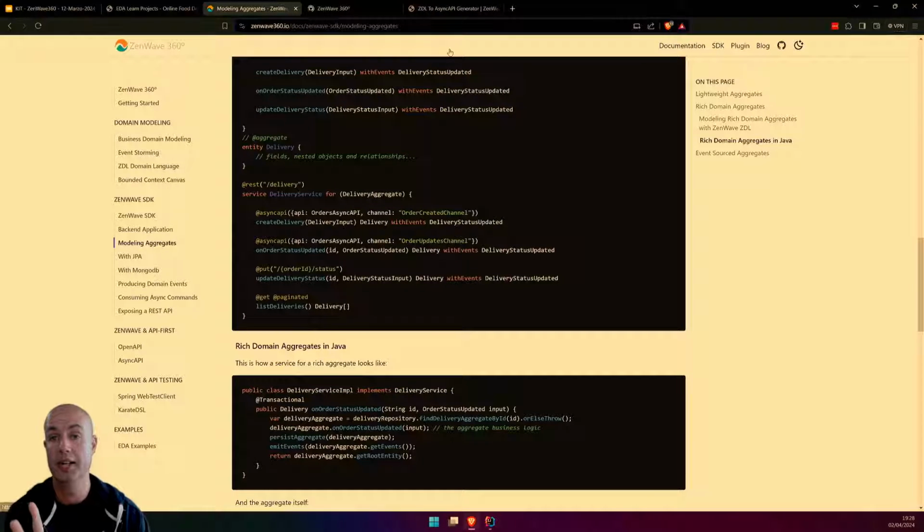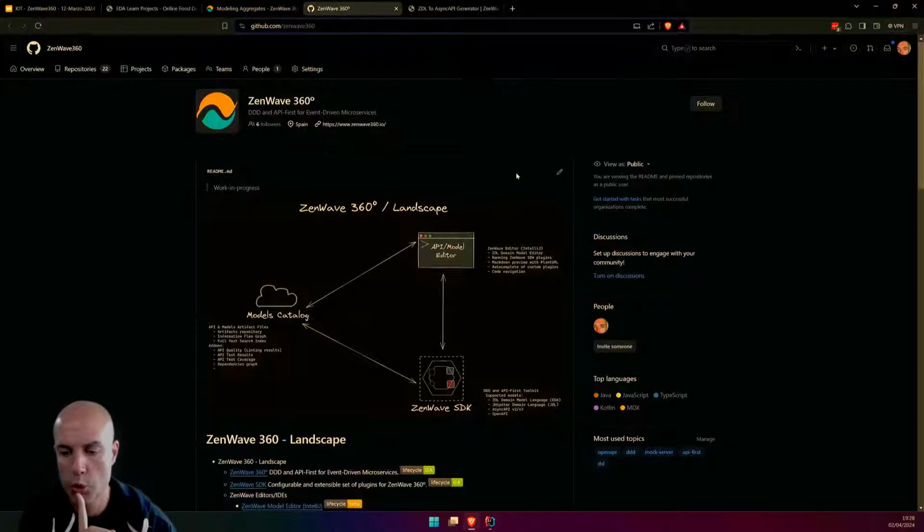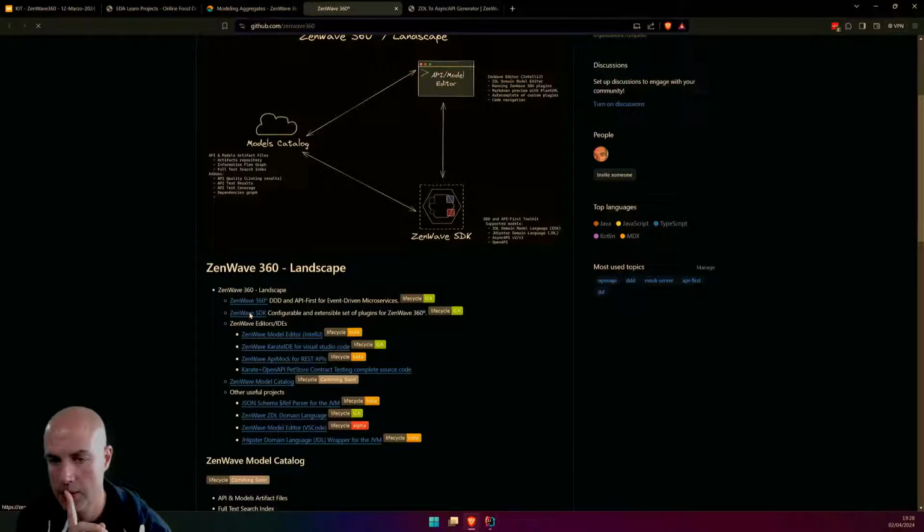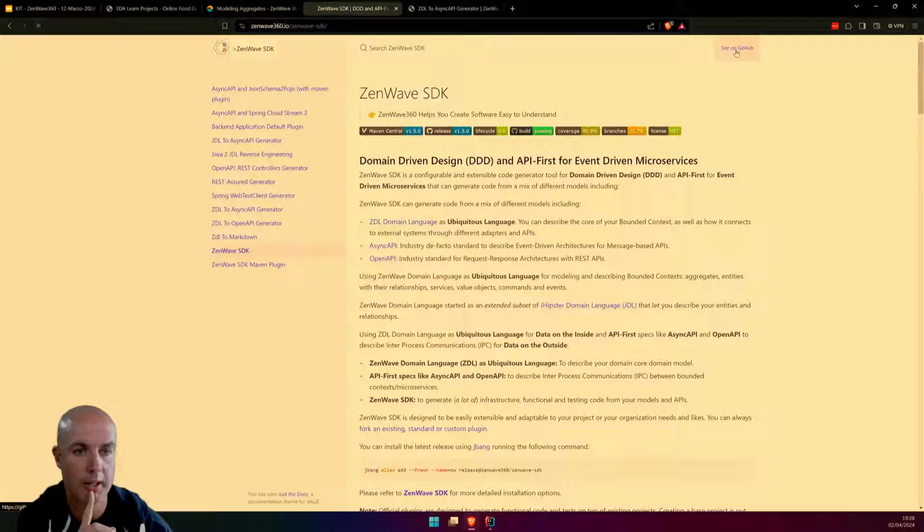that this doesn't generate any code specific for ZenWave. It creates code for you with very basic dependencies, and you can also customize this code. You have here in GitHub.